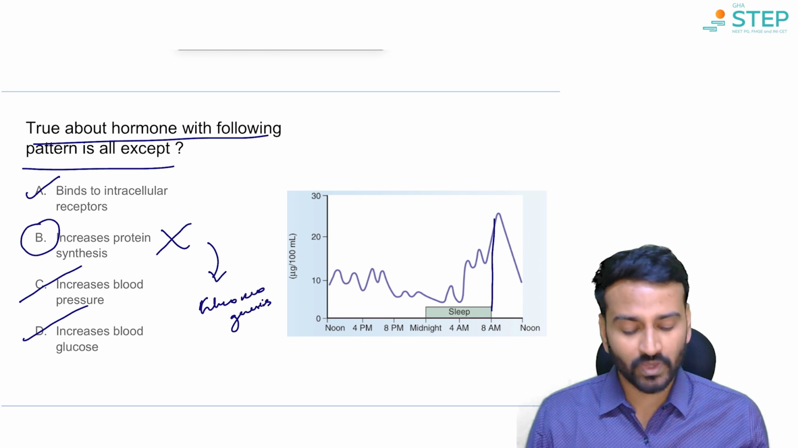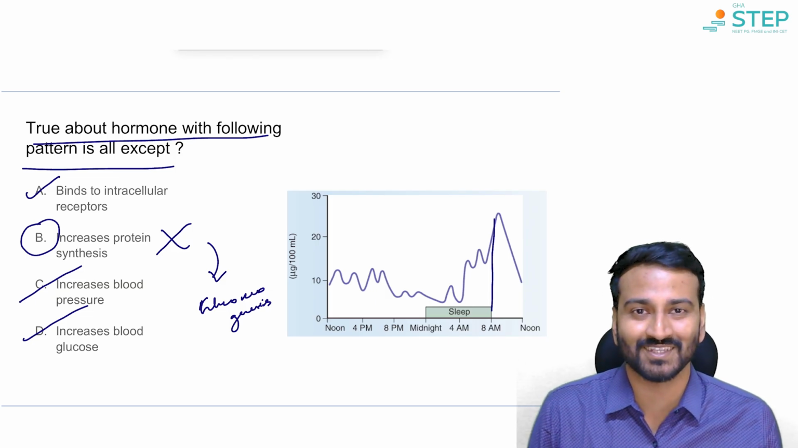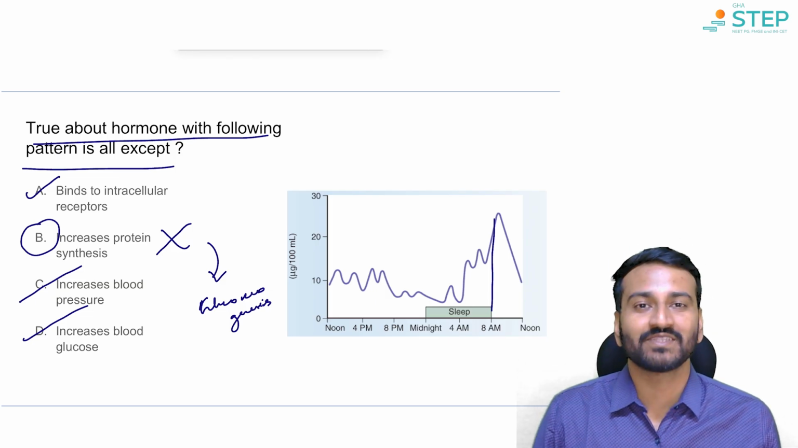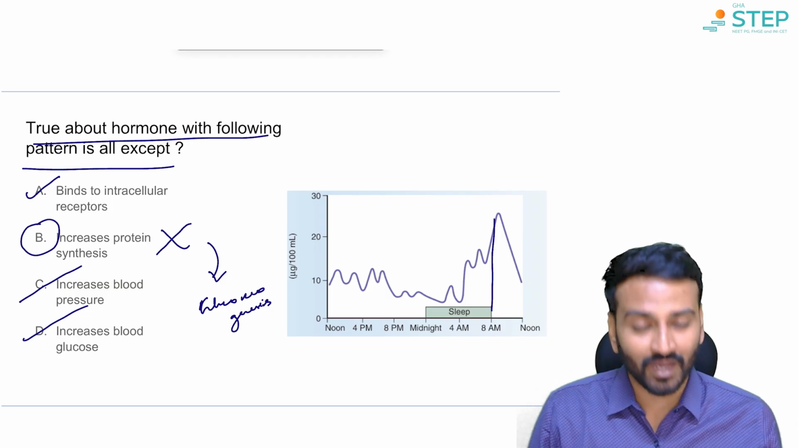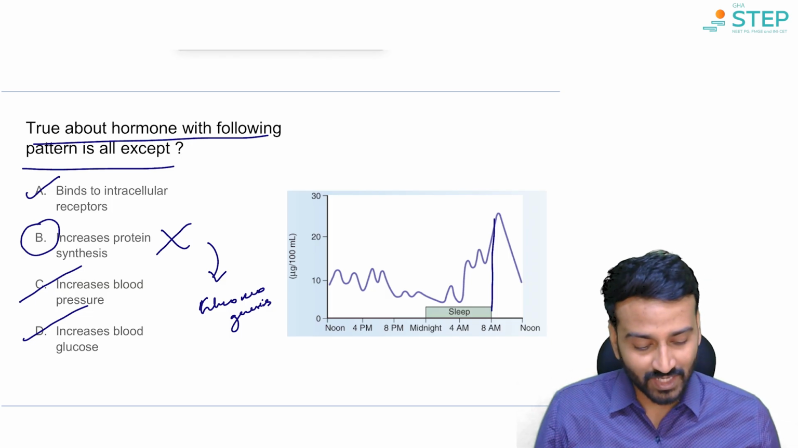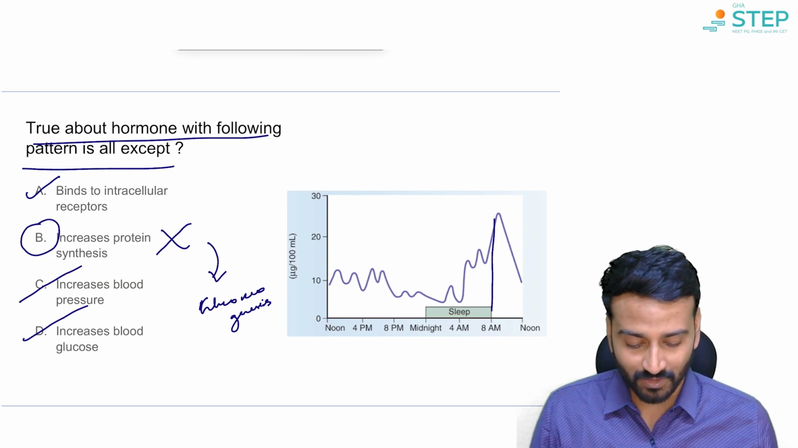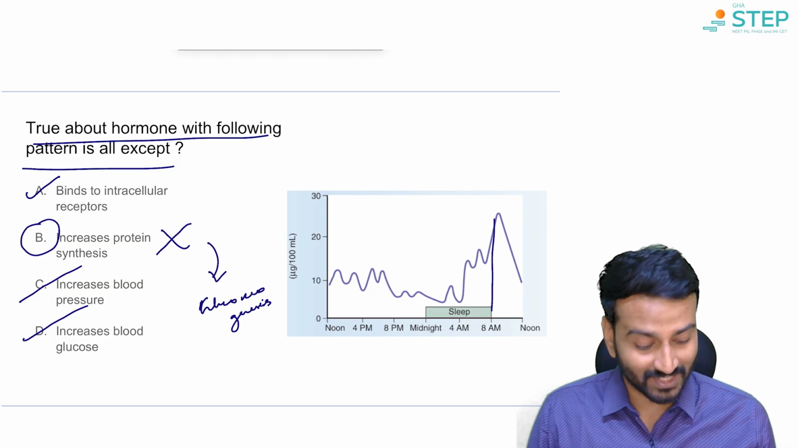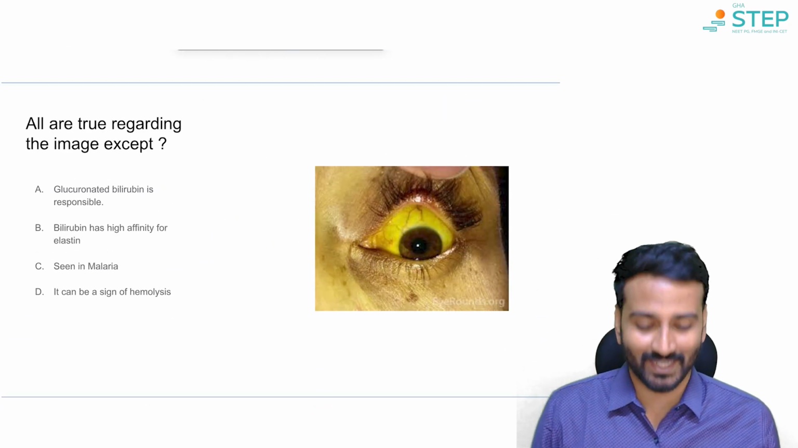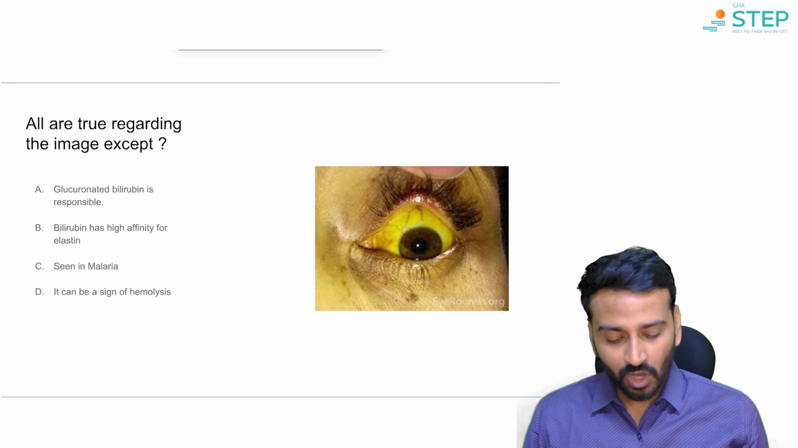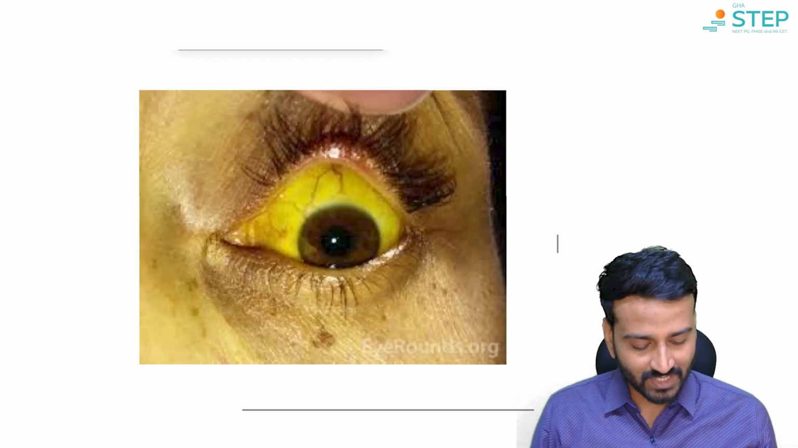gluconeogenesis. So now we understand not all subjects are so much different from each other. Functional anatomy is needed, neuroanatomy, I've seen the Brown-Séquard syndrome, and here we need a biochemical understanding as well as reasoning behind knowing why it will cause proteolysis instead of protein synthesis. Okay, all the subjects are interrelated. It's a wide correlation. Moving ahead, all are true regarding the image except, see, this is a classical sign, we